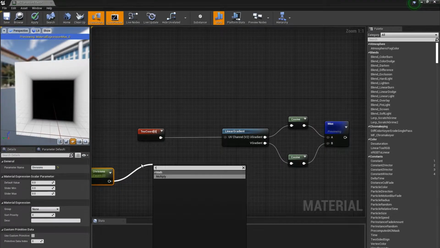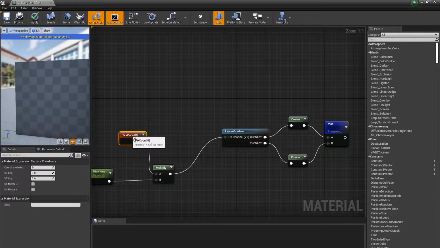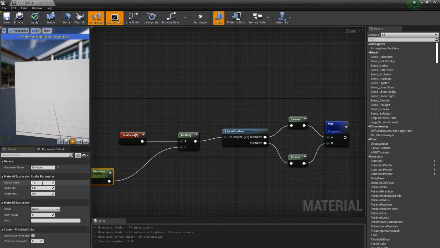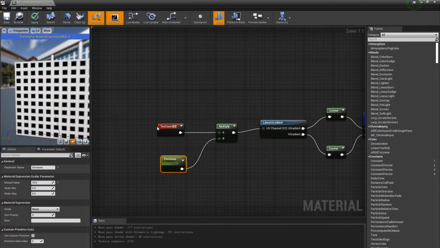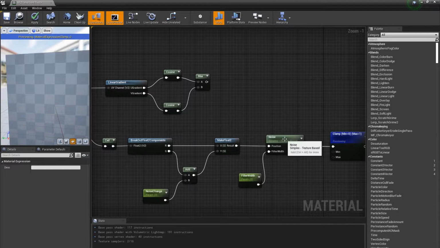And I'll just multiply it with the texture coordinate here. Then input this, and obviously we'll have a default value for this. So yeah, you can modify this parameter to increase or decrease your